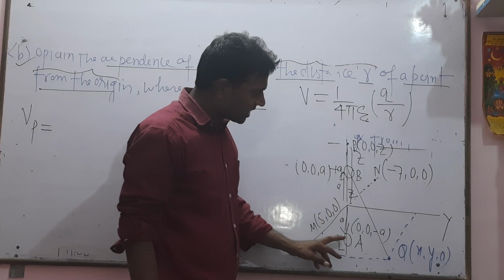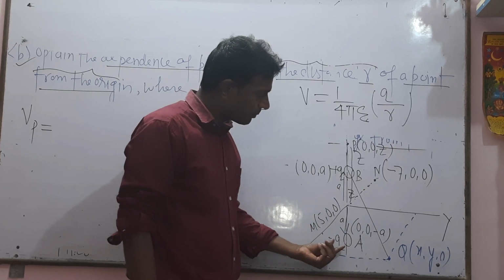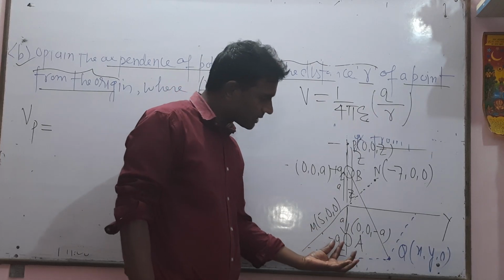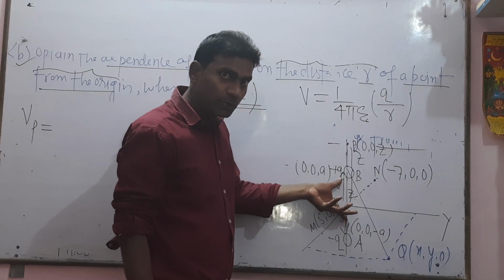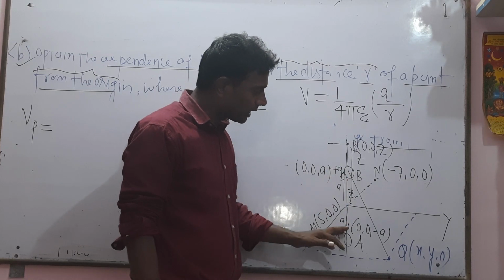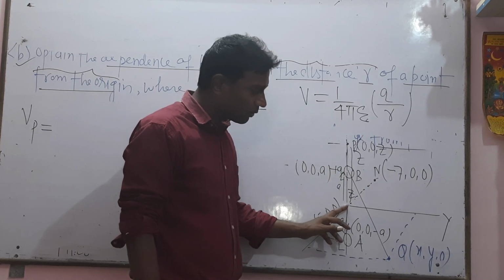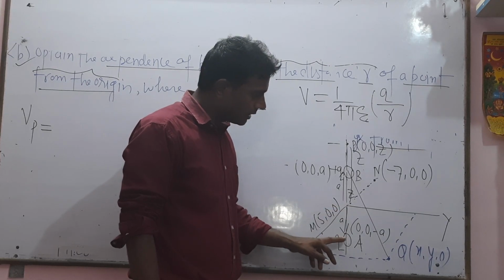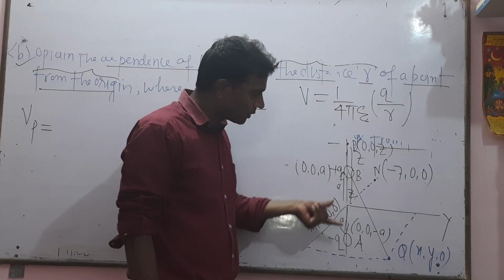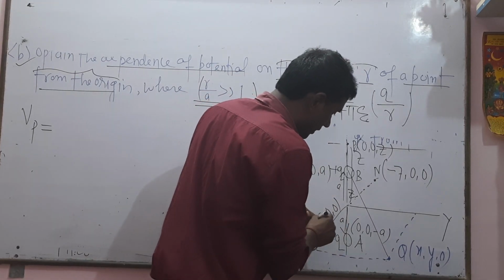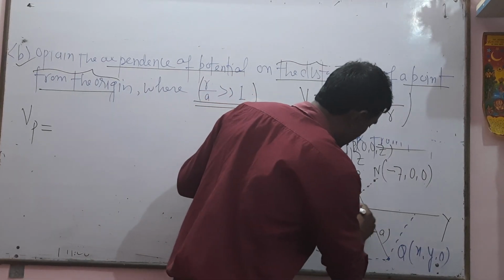So you can say these are opposite charges, minus q and plus q, and the distance will be 2 times a. So the electric potential at general point R, measured from the origin, where A is minus q and B is plus q, at distances a and a. We need the electric potential.